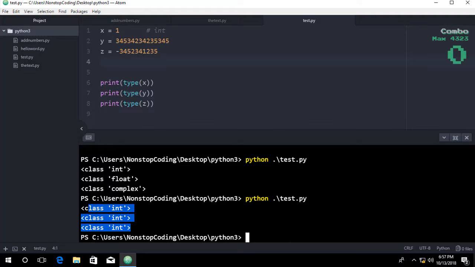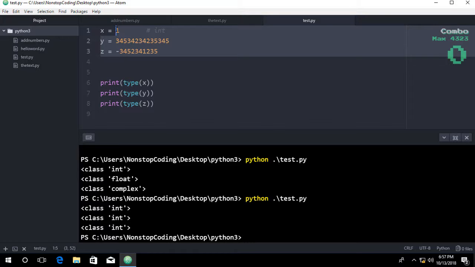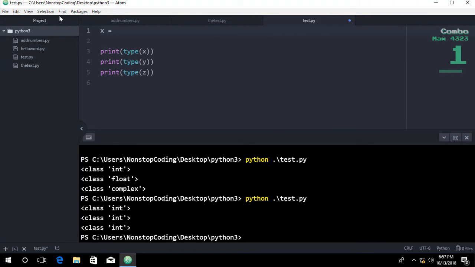float. Float, or floating point number, is a number, positive or negative, containing one or more decimals. For example,